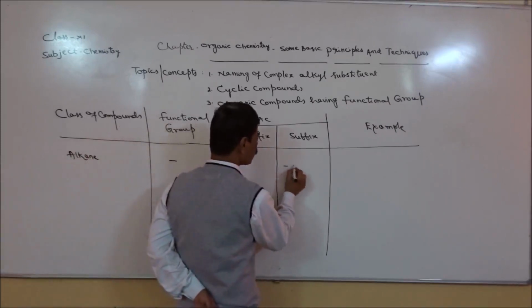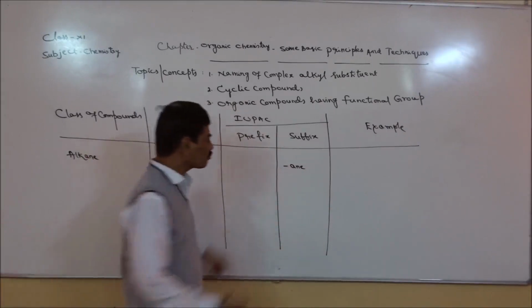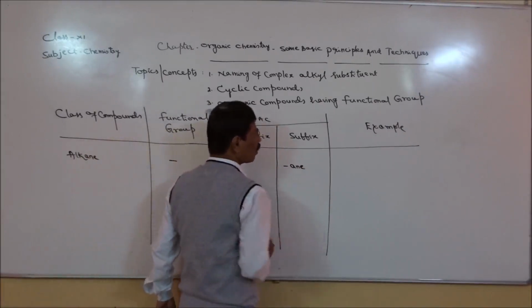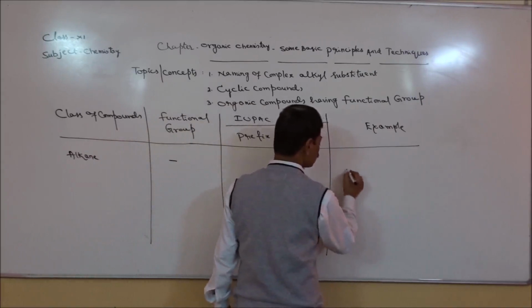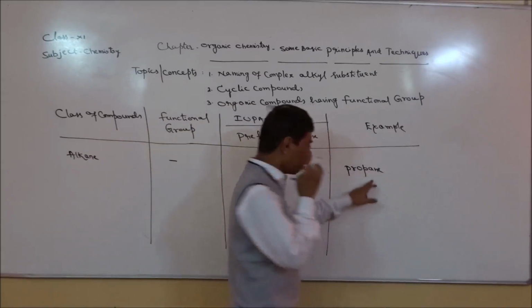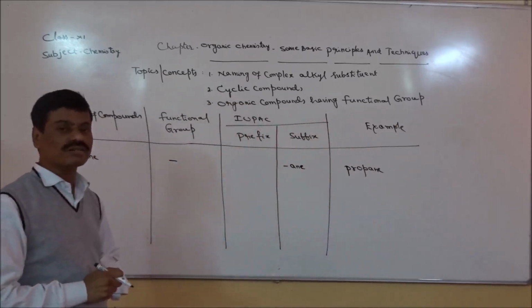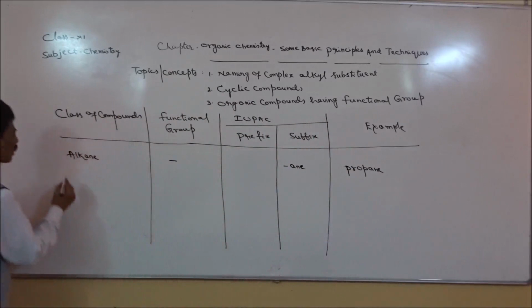So here, "ane". This shows continuation, right? And an example for this is propane. See, in the name, "ane" is there, right? "Ane" means saturated hydrocarbon, right? Next is